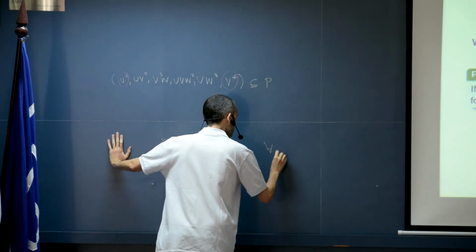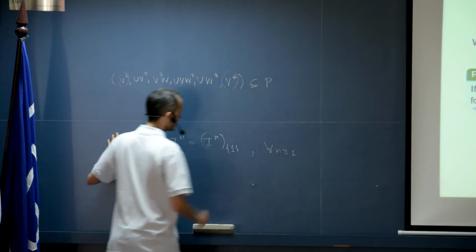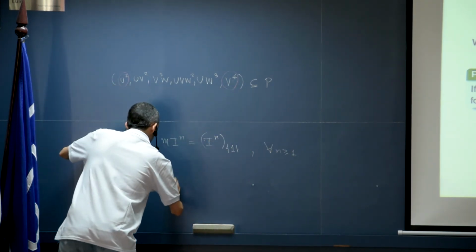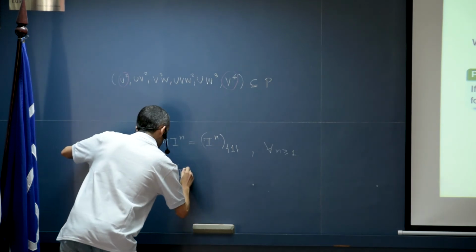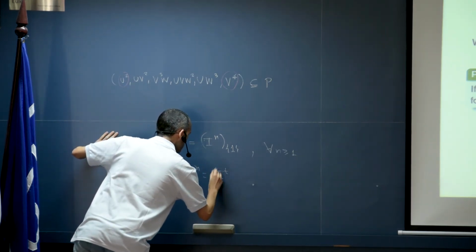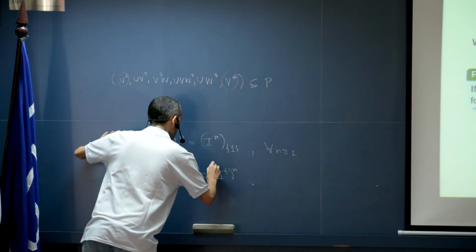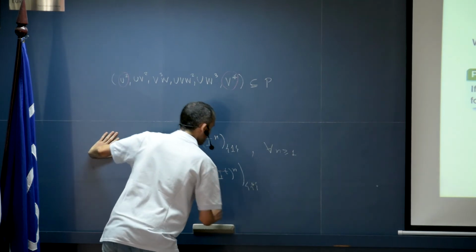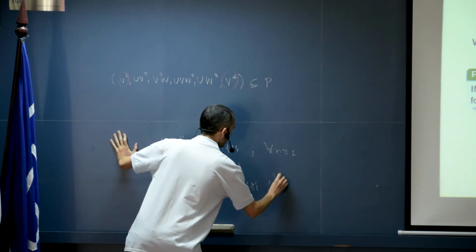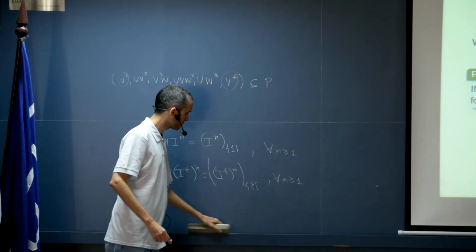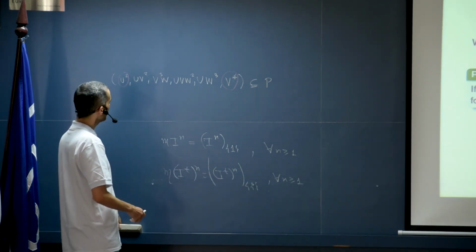This happens for all of the n, all of the powers. So, in particular, we can also write it in this way. Okay? It happens for all n. But